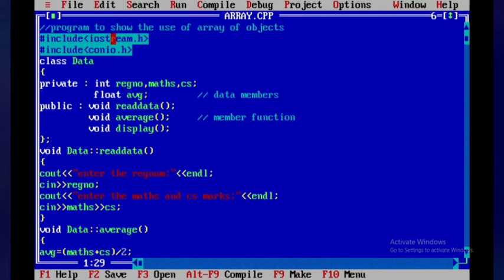Here we have two header files, iostream.h and conio.h, and the class name is data. Then we have data members and member functions. Private is the access specifier, and we are specifying it with the data members. Here we have 4 data members, namely register number, math, CS and average.